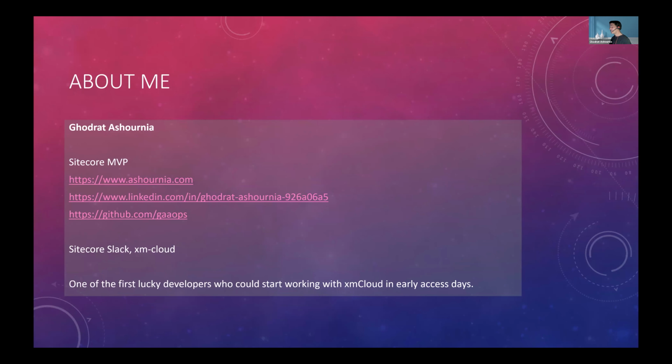I was one of the lucky developers that could start working with xmCloud in the early access days. From my background, I started working with .NET from I guess 2002, 2003, and for almost 10 years I've been working with Sitecore.